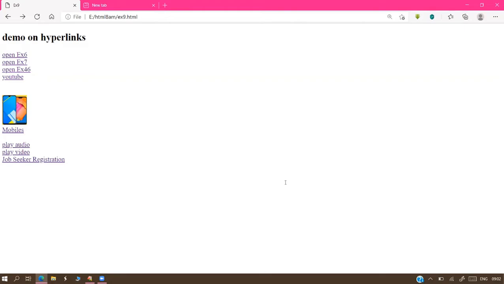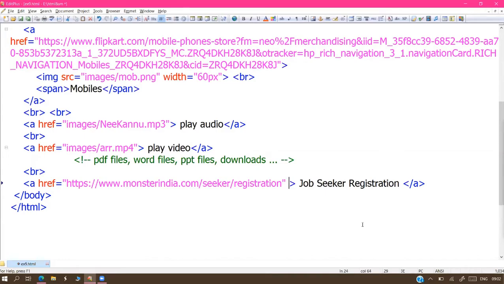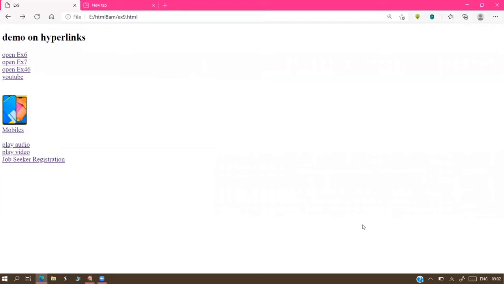So now I want to customize this option. I'm going to apply the style. Style equals to. By default, it is displaying with the blue color, sir. Blue color I don't want, sir. I need some other color. You can display that, that is not a problem. Which color do you require? Write the color here. I want to display with some red color, sir. Okay. And the underline is coming up. I don't want that underline also, sir. Okay.